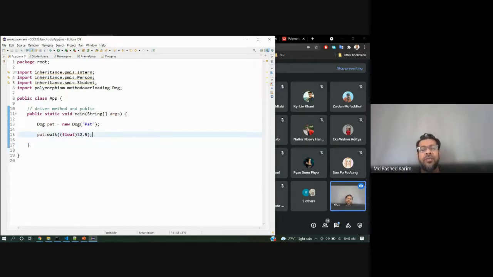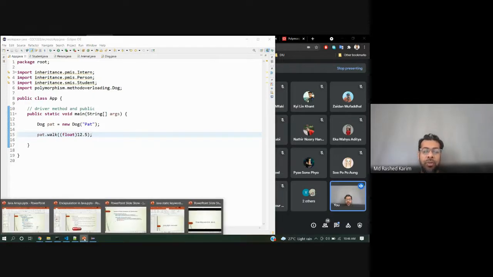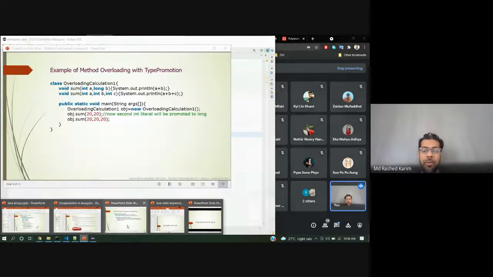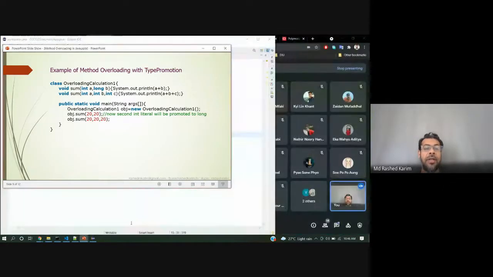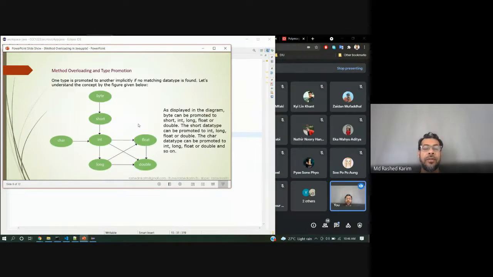It is called type promotion. The double is promoted before float, so it goes int, then float, then double. Double is the highest level promoted data type. That's why it's called that. Understand?